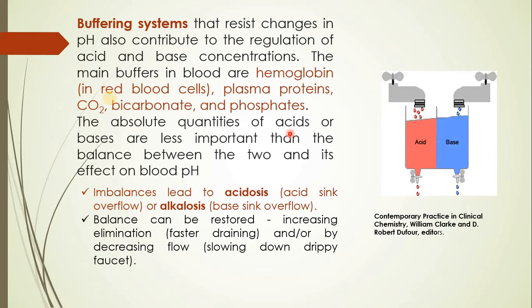Other than that, the carbon dioxide, bicarbonate and phosphate also need to be regulated so that the plasma or the interstitial fluid present in the body are seen in some balanced proportion